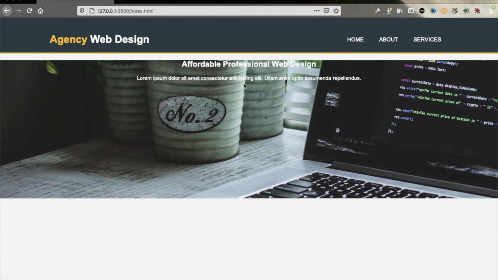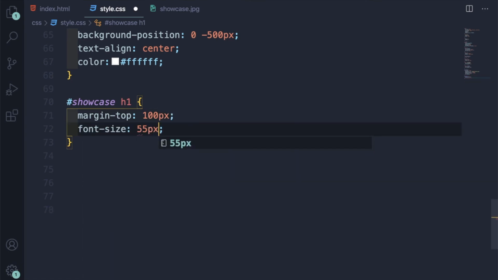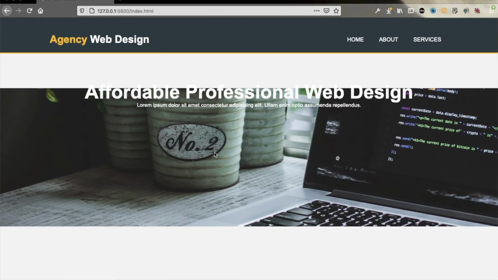Actually I want to push it a bit down, so margin-top I am giving 100 pixels, font-size 55 pixels, margin-bottom 10 pixels. Also keeping some